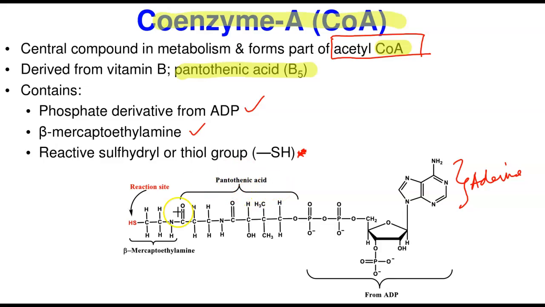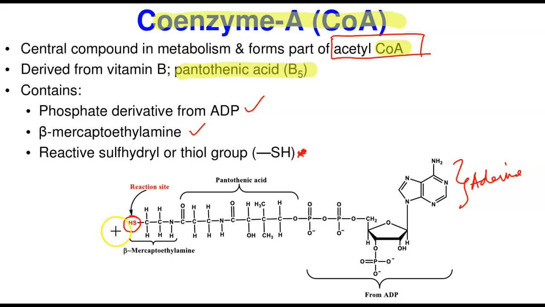This is the pantothenic acid, the B vitamin, vitamin B5. And then this is now connected to this compound, this beta mercaptoethylamine. This ethylamine is connected. Now, look at what matters. The reactive group is on this side. It is here that connects itself to an acyl that forms a type of acyl-CoA. And when it is an acetyl, we call it acetyl-CoA. So this is the reactive point.